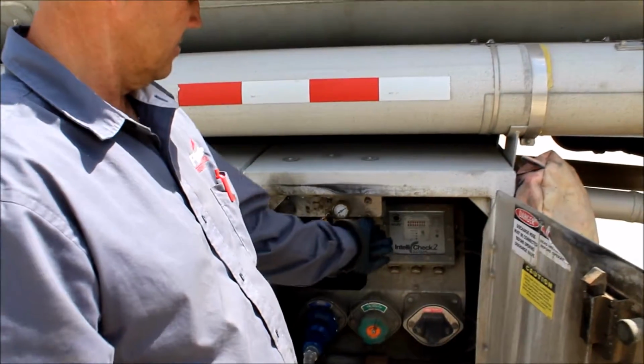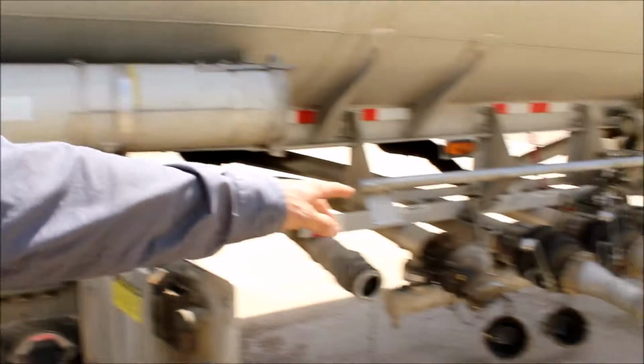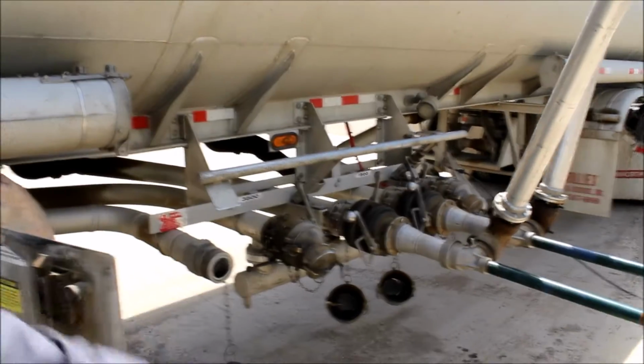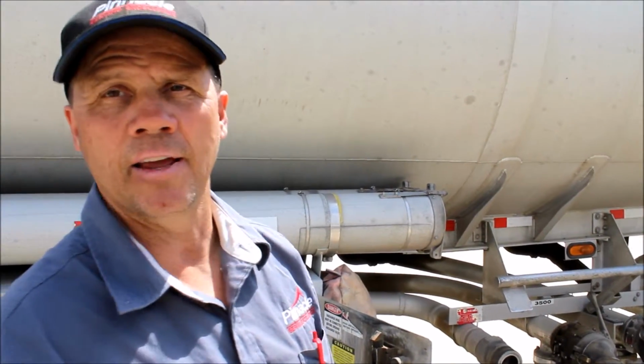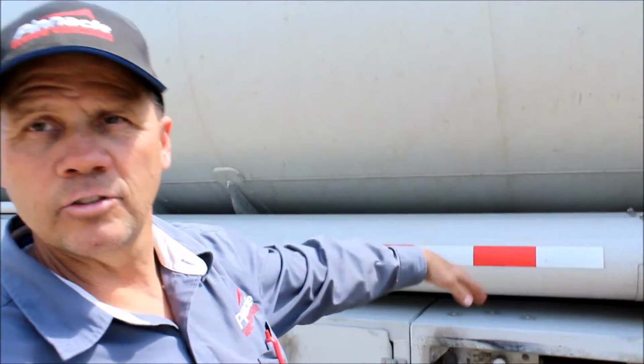Since you are done with 2 compartments, you may close them. Before you unhook your arm, you're supposed to shut your internal. Shut these off, in case when you take the arm off, something sticks there, then you don't have all the fuel coming back at you. You'd only have a little bit. It'd be shut on the bottom of the tank. If it's open, it all comes off full blast if something goes wrong down there. Good practice to shut this off before you unhook